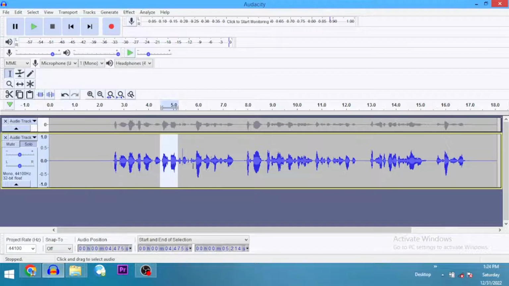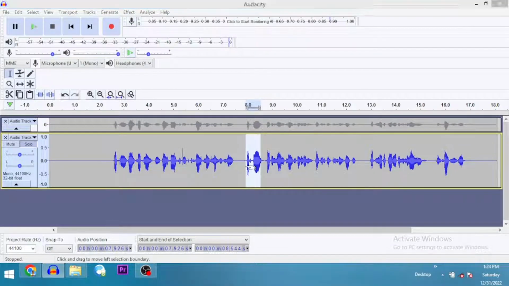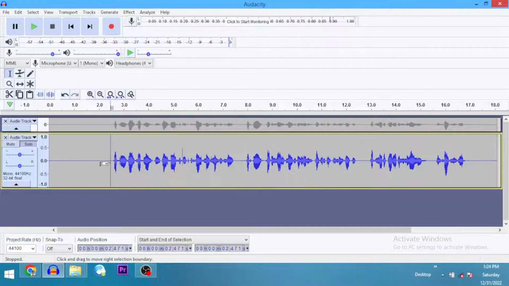Okay. I like to do this manually. You may be wondering, if my audio is 1 hour long, do I have to do this? You do not have to do this. You just use the compressor tool to do that for you. But I like to do it because this recording is small, and so for educational purposes, so you understand